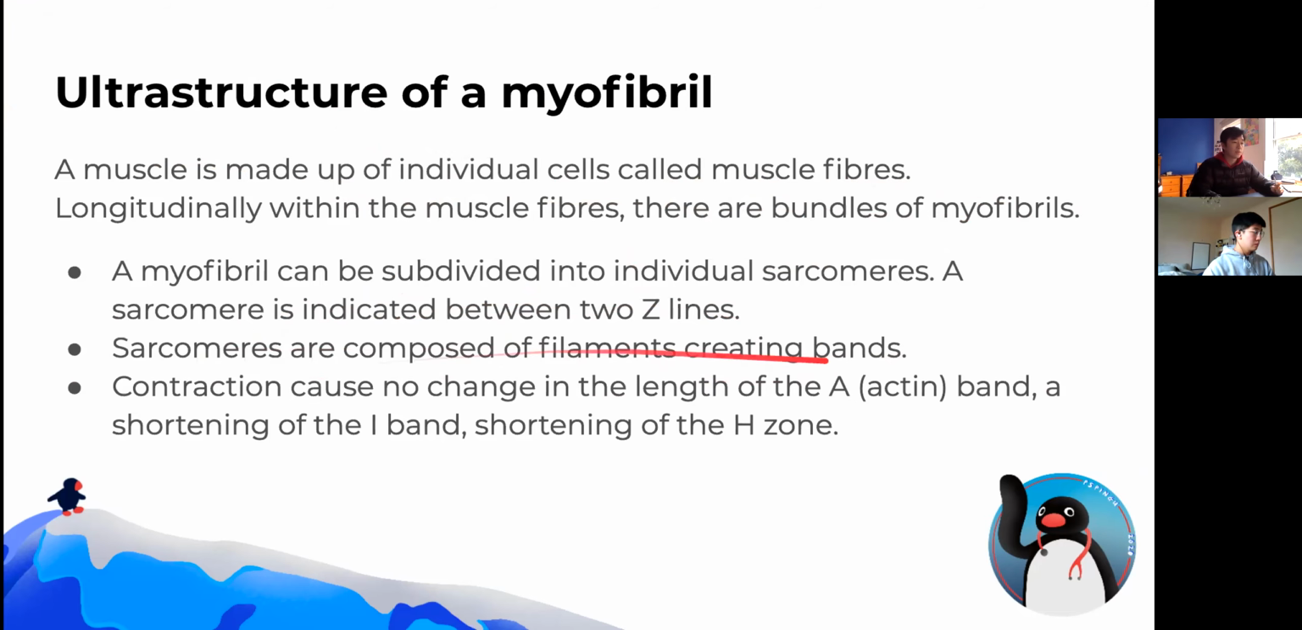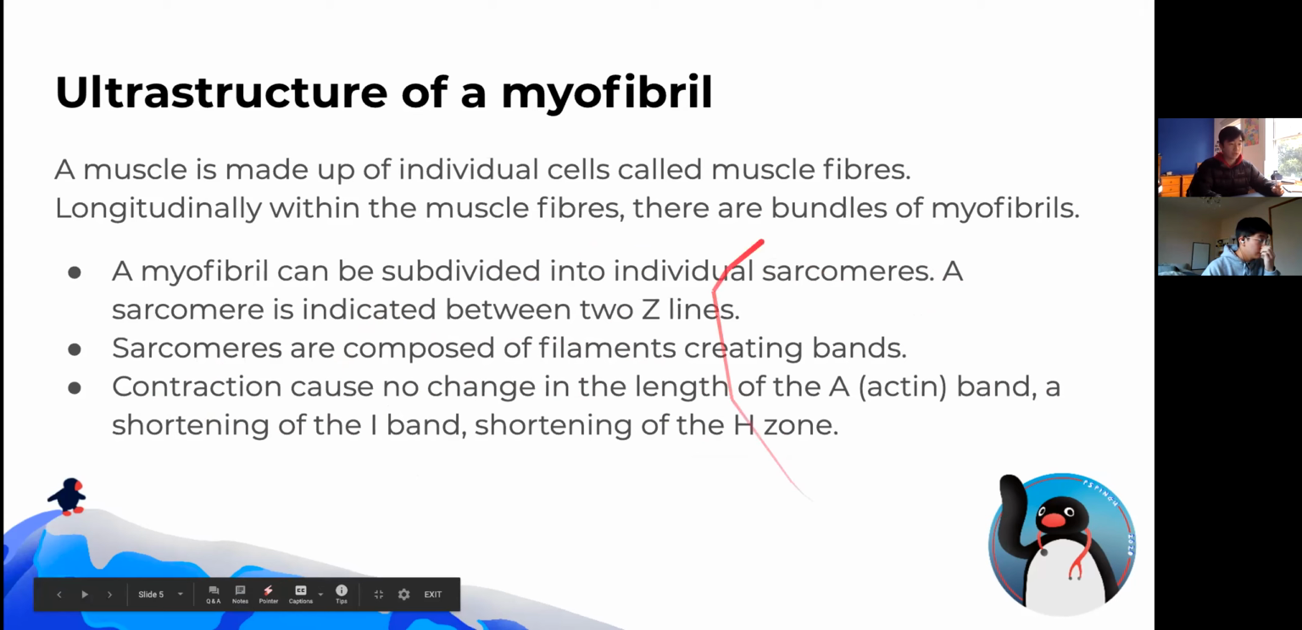It's composed of filaments called bands. So bands are within filaments, and contraction causes no change in the length of the A band, and shortening of the I band and shortening of the H zone. So just think of no shortening of the actual actin, but it's actually shortening of the I band and the